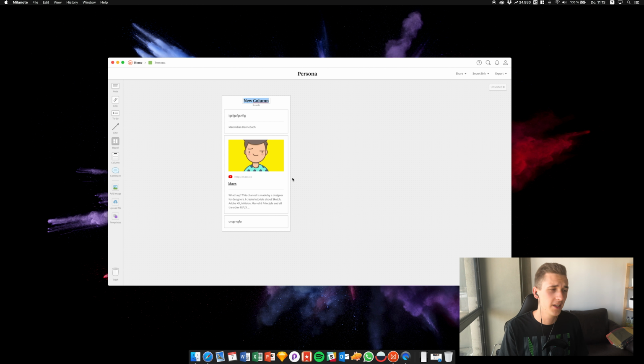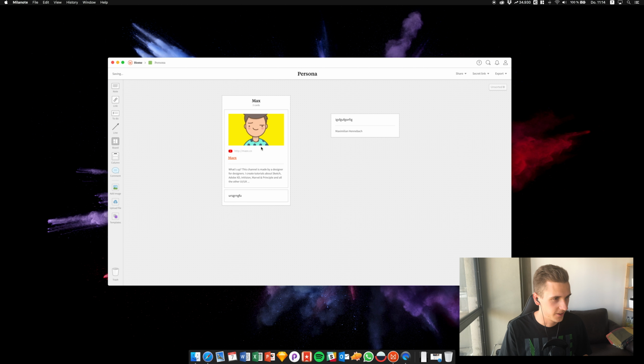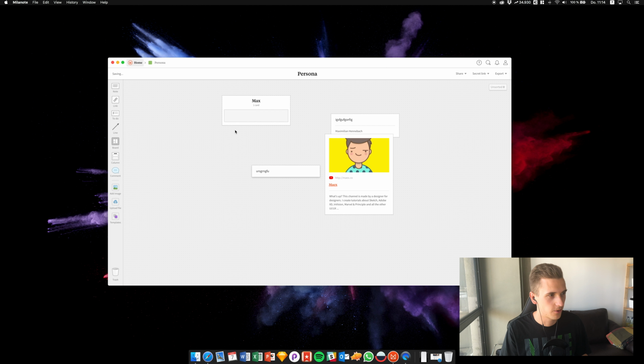And I think this is really awesome because, for example, maybe you have so many different information floating around and you just want to post them in here inside this board without having to think about the sorting. And all you have to do is to drag them into a certain position, and after you gathered all your information, just select all of those elements, right click, add to a column, and boom, we have our max back in here. Let's drag those elements out again, and let's try